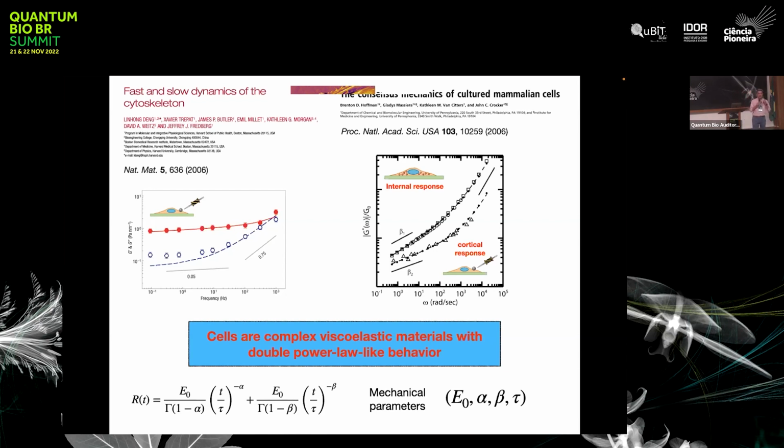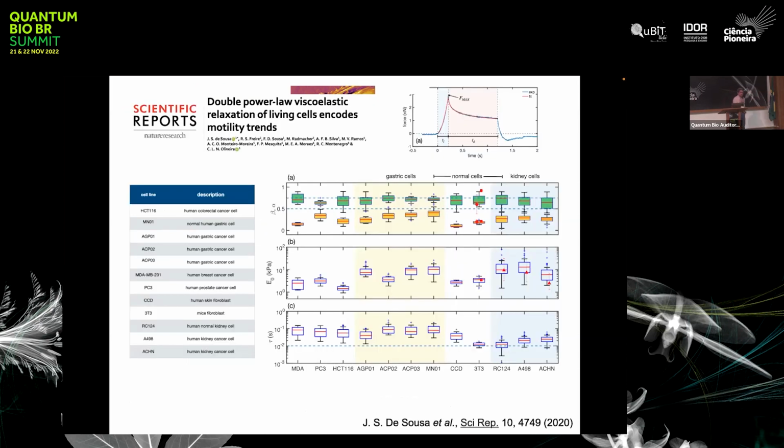And now instead of only one number, like the Young modulus, to describe the elasticity of cells, now we have four parameters. We have the elasticity modulus, we have two exponents. Those exponents are directly related to the health state of the cell, and also to the structure of the cytoskeleton, and this time scale that is related to the time scale that divides the fast relaxation from the slow relaxation regime. And we knocked on the door of our collaborators, and we got as many cells as we could find. And then we mapped the viscoelasticity of them